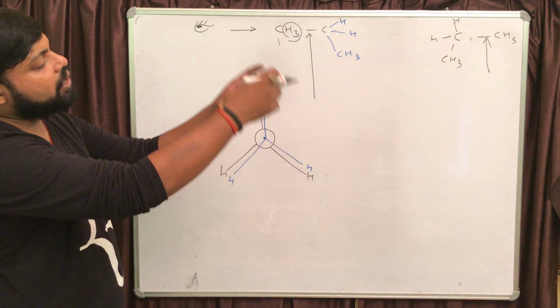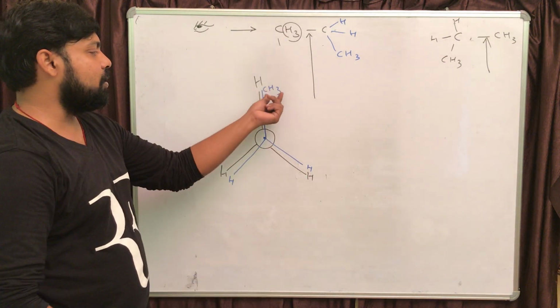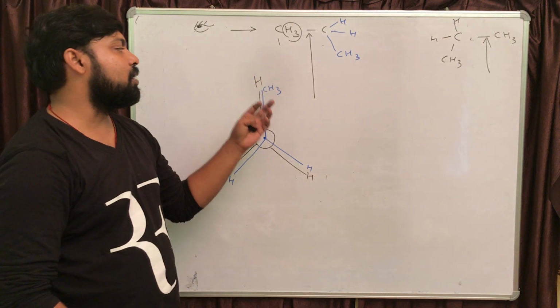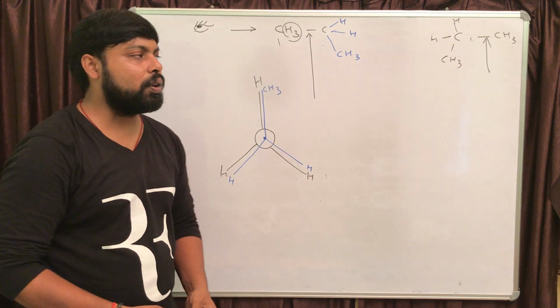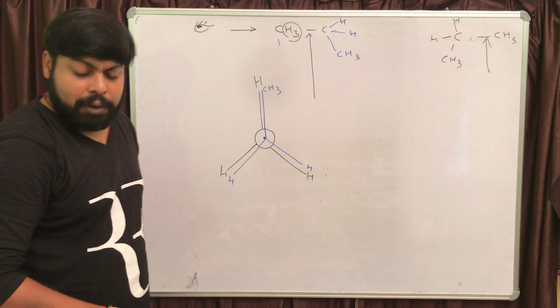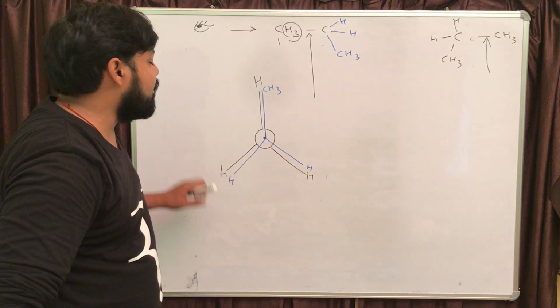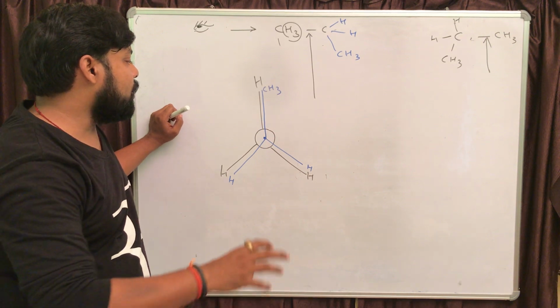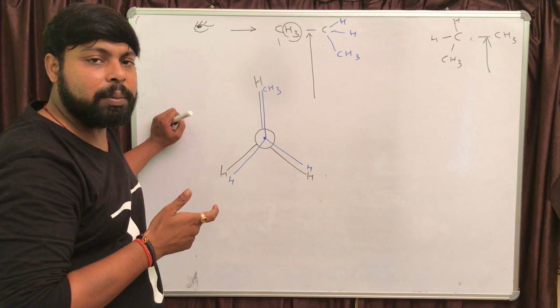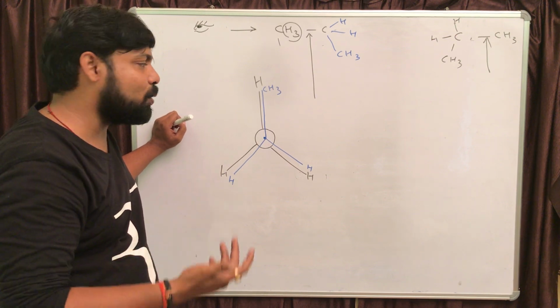So if you are taking the second case, this CH3 will be on front side carbon atom. If you are taking first case, the CH3 is on backside carbon. There is no difference in these two, right? Now, very similar to the previous case, again we are going to hold the first carbon atom and rotate the second carbon atom by 60 degree and so on.